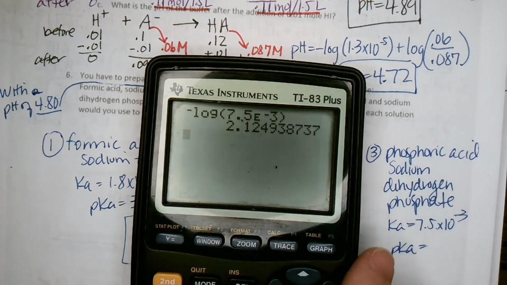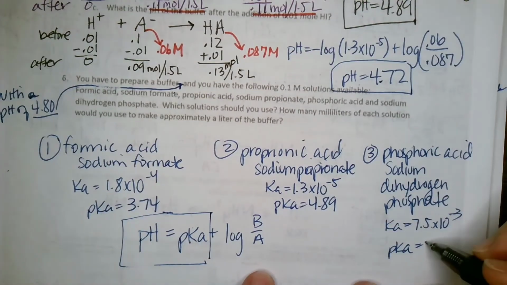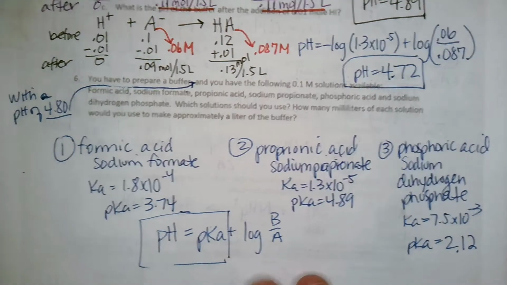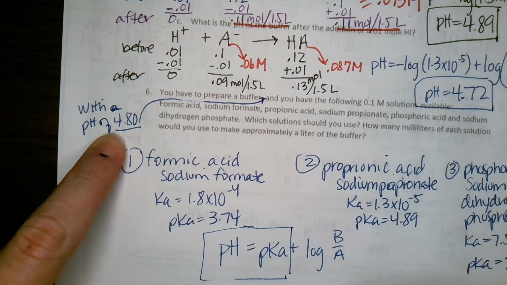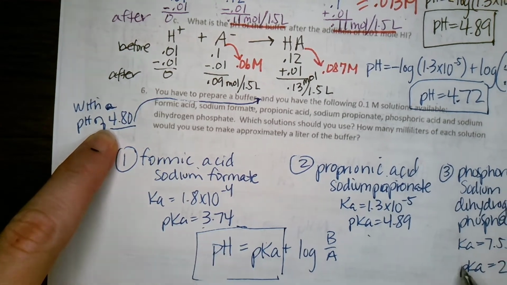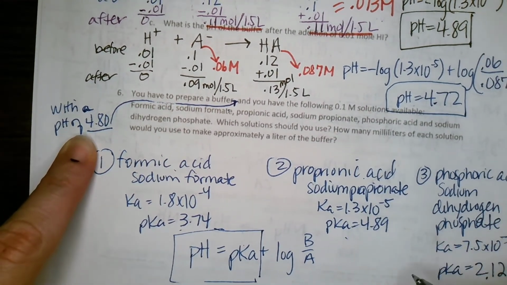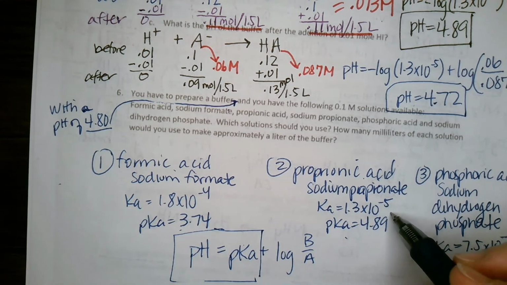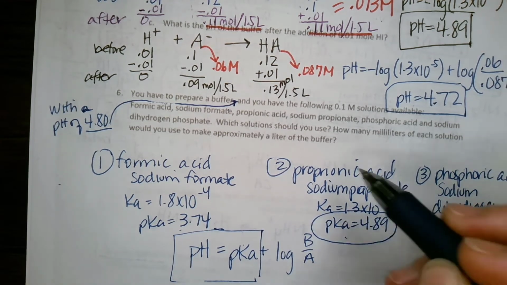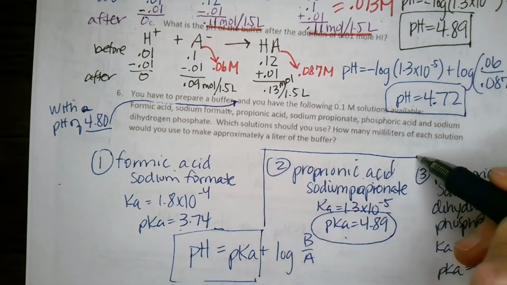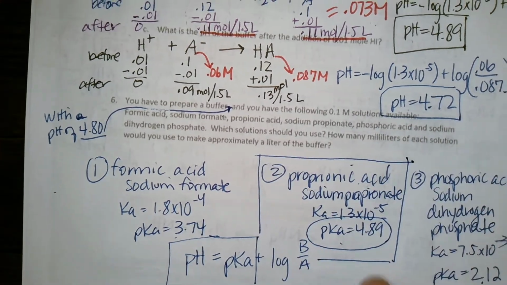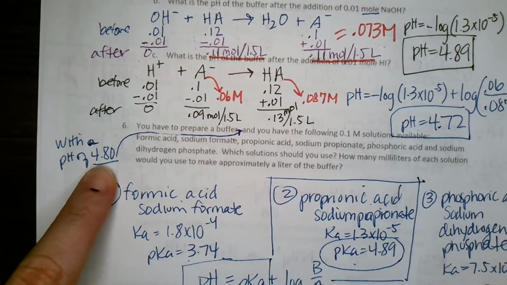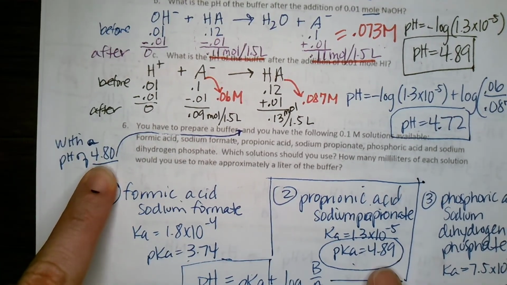We get 2.12. So we want a pH value of 4.80. Which one of these is closest, within plus or minus a pH point value? It would definitely be our propionic acid. So this is the solution we would want to prepare a buffer with about a 4.80 pH, where our pH